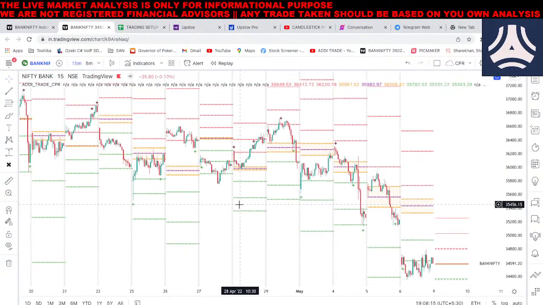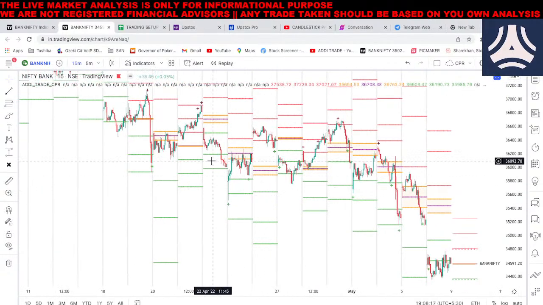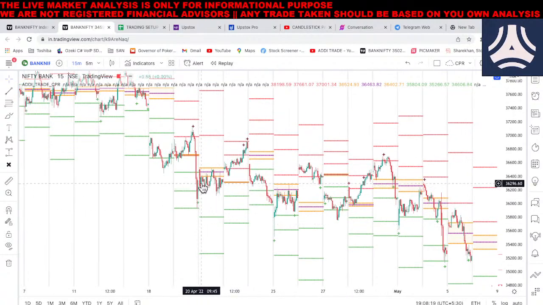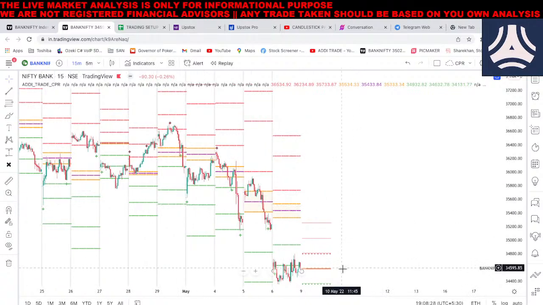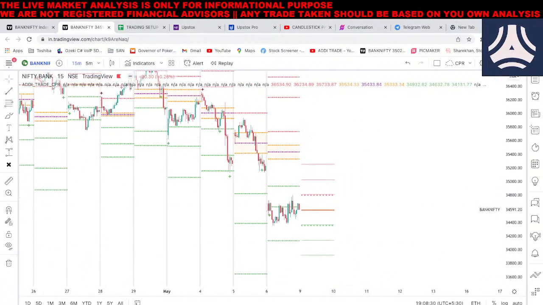You can just do some back testing, like here itself. Whenever we have touched the CPR and gone up, very few times we have come back again and retested the CPR. So that is one thing to remember. And the other thing is,